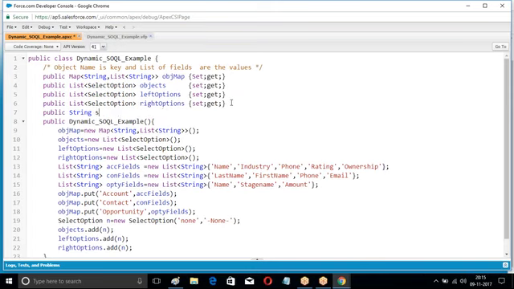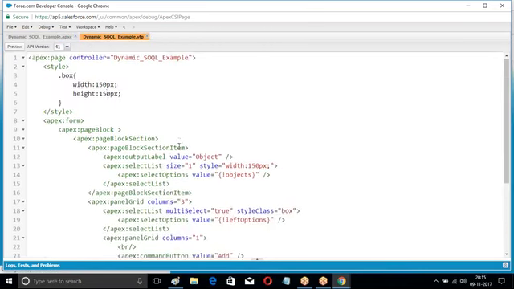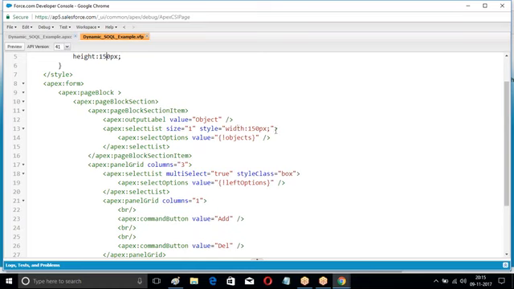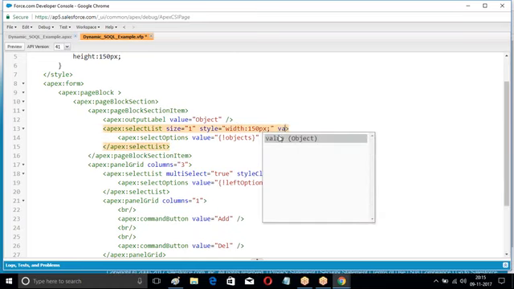Selected objects. Whichever object you have selected, I give selected object. Now what am I giving? In the pick list I am giving here, pick list value equal to